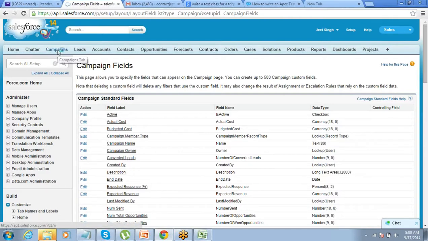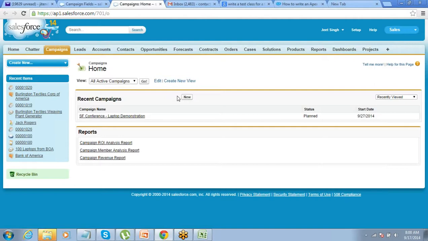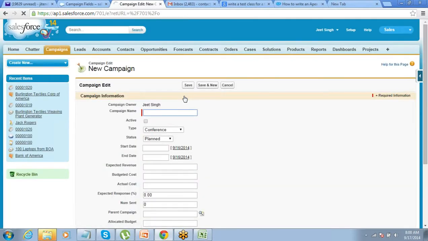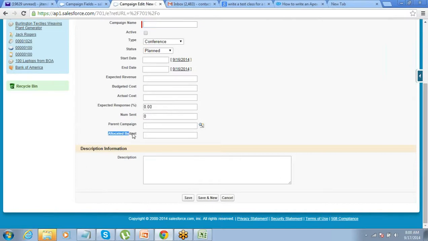Now if a user tries to enter a campaign detail, he will get to see your field as well. See? Got it?